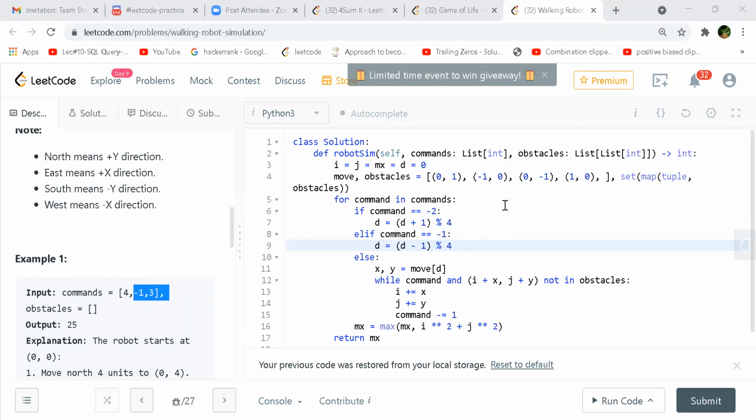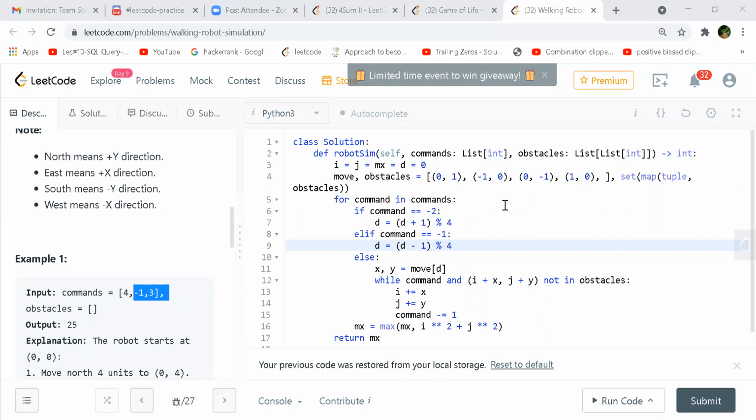So it's moving to the north, correct? The second one is -1, 0. At x, it is -1, so it decrements the x value, so it's moving to the west side, right? And 0, -1, he's moving to the south side because y is -1. And this one, 1, 0, will be to the east side.